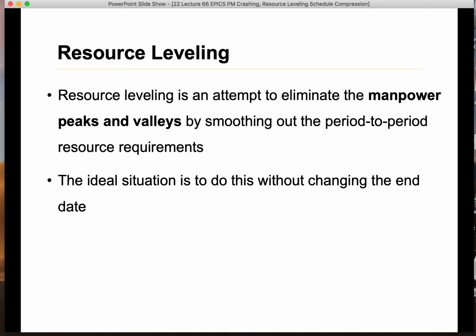The ideal solution is to do it without changing the end date. So when you're doing resource leveling, you shouldn't be making the project run longer. You shouldn't delay the overall project. Resource leveling is something you want to do to free up some space for some of your employees,